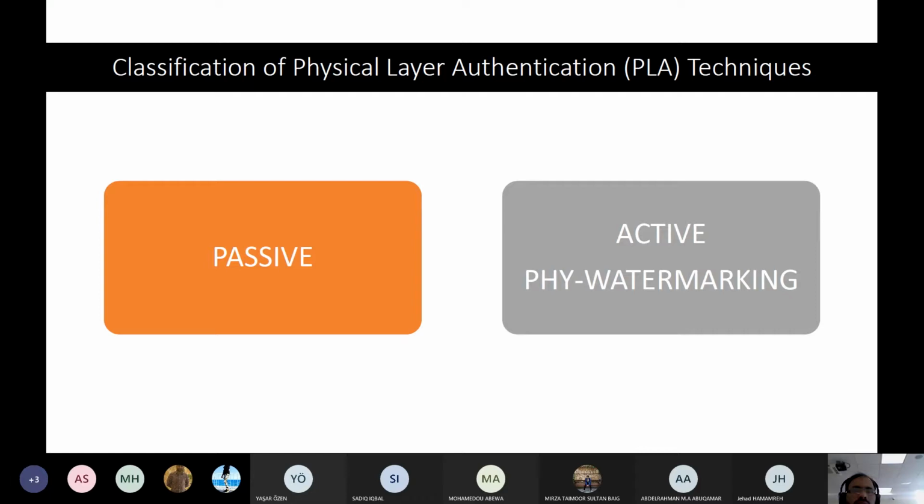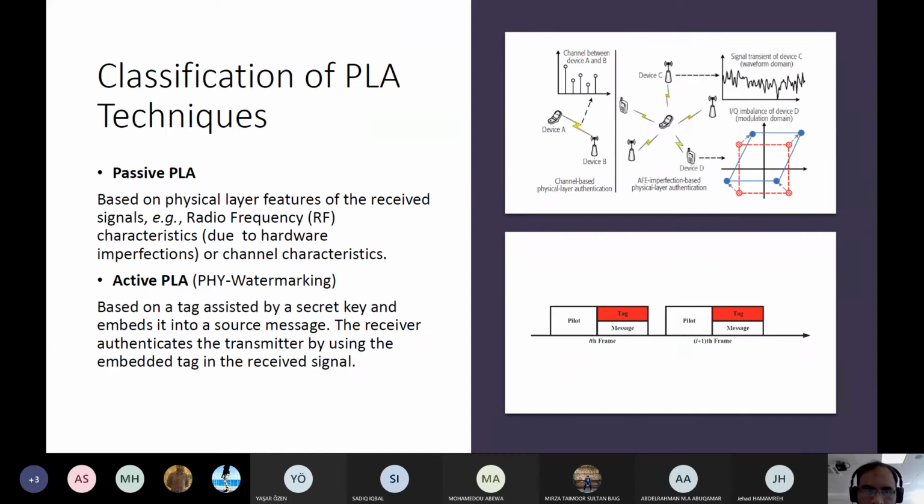Active is, we can also say, kind of, you heard the concept of watermarking in the digital domain. This is physical layer watermarking. You are adding a signal, a tag, to your signal as a watermark. Now, what is the basic difference?